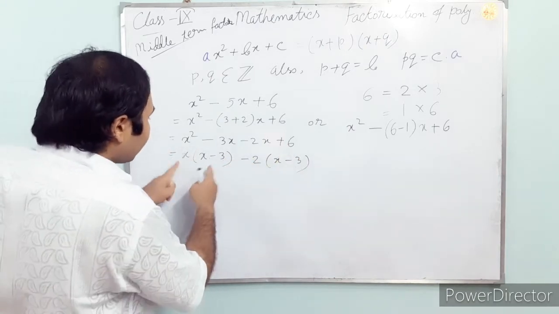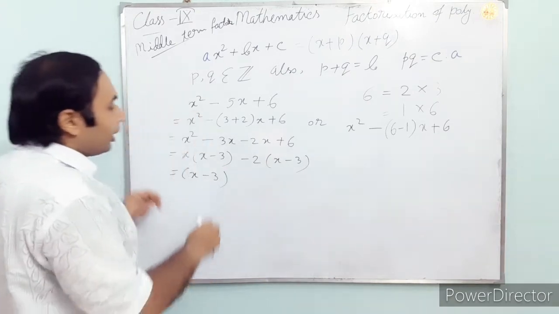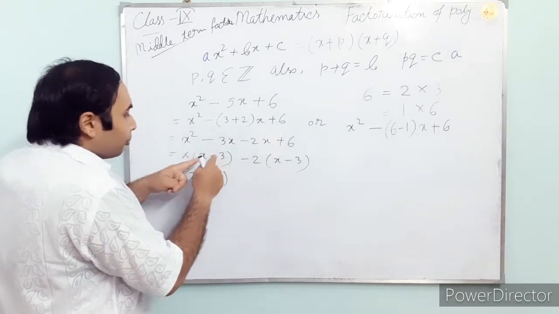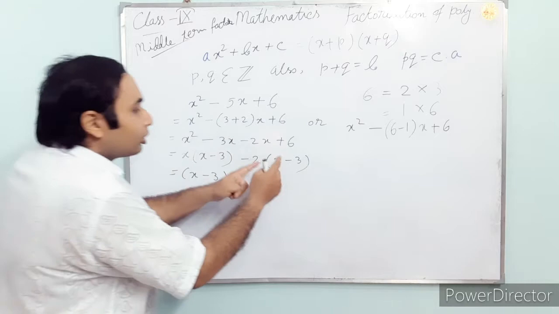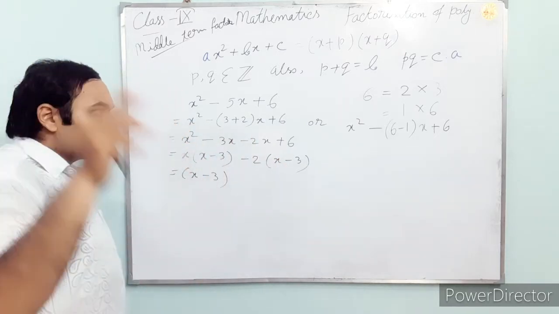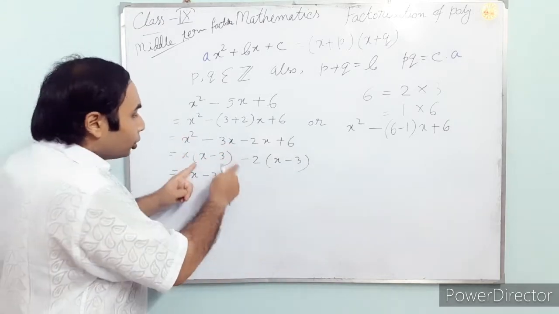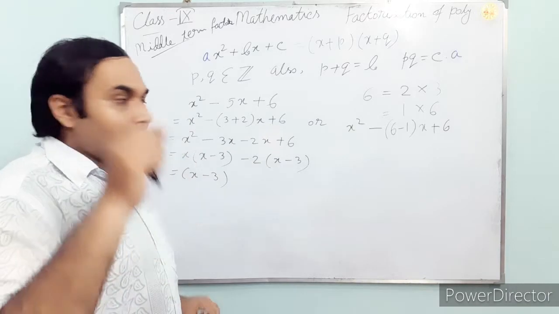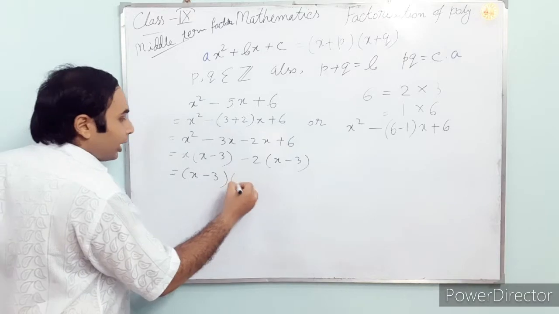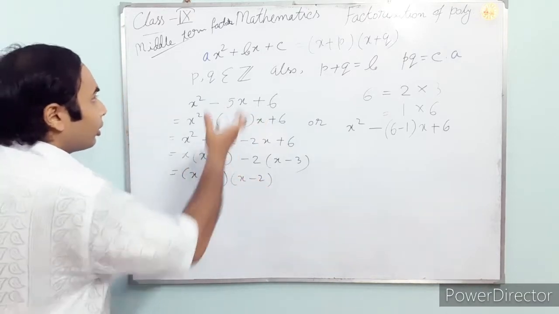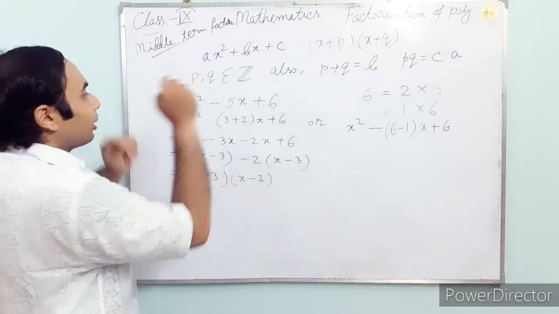Now from those two pairs, what is coming? X minus 3 is coming. Actually you have to keep this in mind, that whenever you take common, both the things within the bracket should be equal. If those are not equal, you are doing wrong. Those should be equal, otherwise you cannot do anything. That cannot be factorized. So those must be equal, x minus 3 and then x minus 2. So we have found the 1 degree polynomials, and the product of those two is this one.